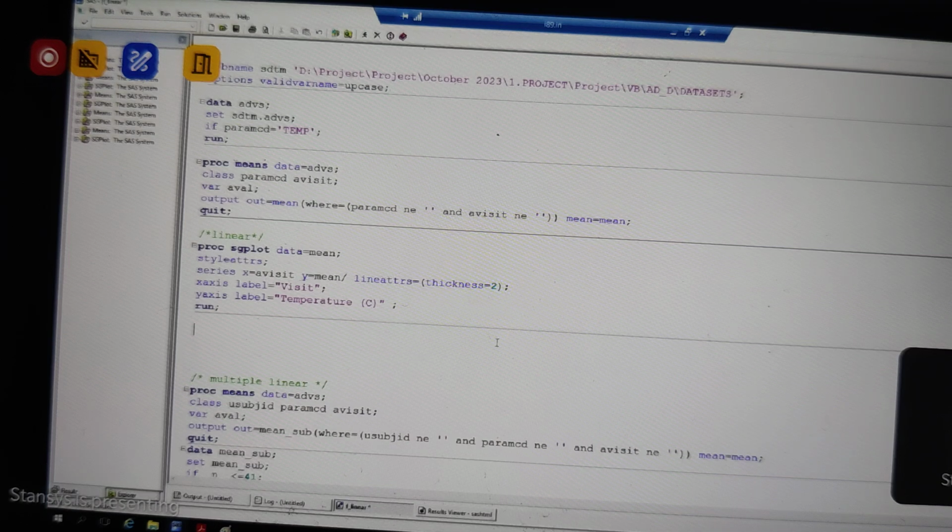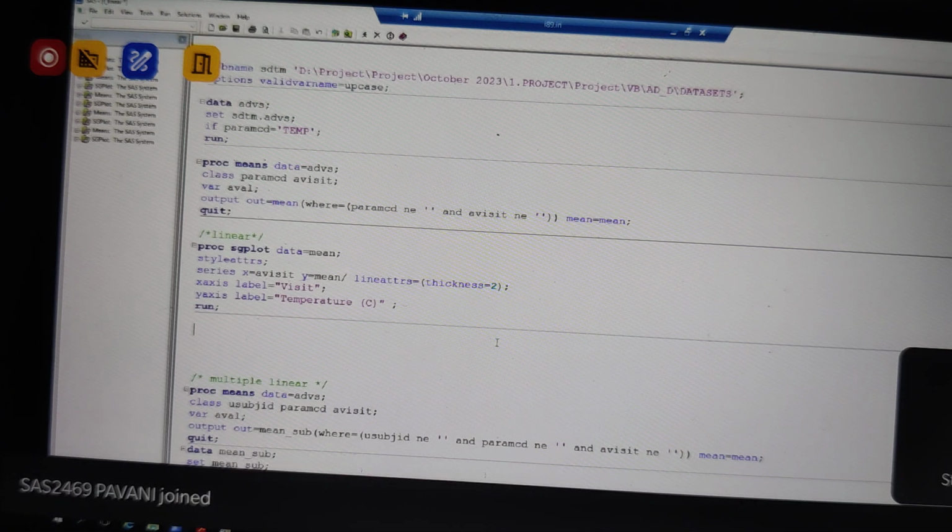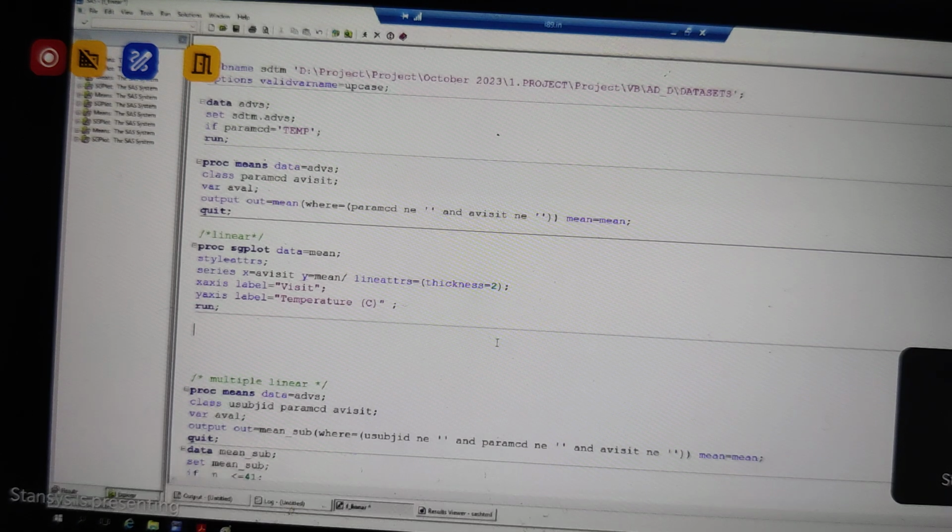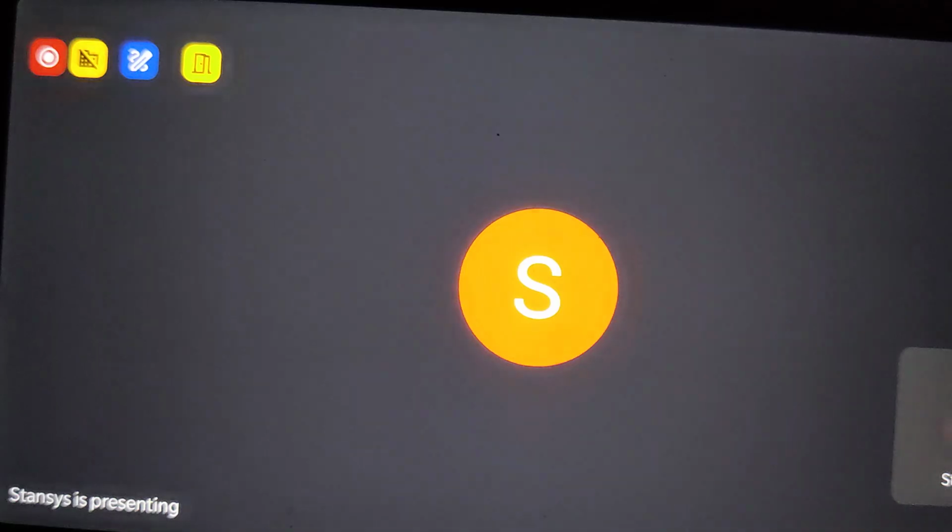When it comes to your experience level, for example 3 or 4 years of experience, they are mainly involved in programming only. It means they might not be involved in spec writing, aCRF annotations, mock shell annotations, SDRG, ADRG, or even define.xml creation. This is not expected, but I'm not saying that no one is going to do it. It depends on the team and your company. Sometimes 2-3 years experience people can also do these activities. It depends. So the mainly day-to-day activities, whenever you are in a particular study, then